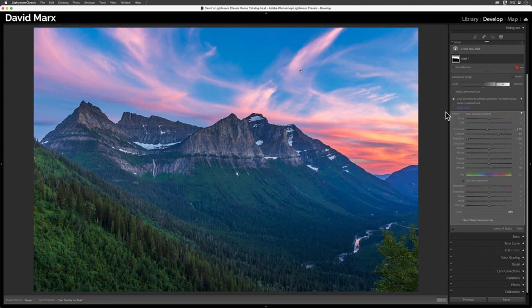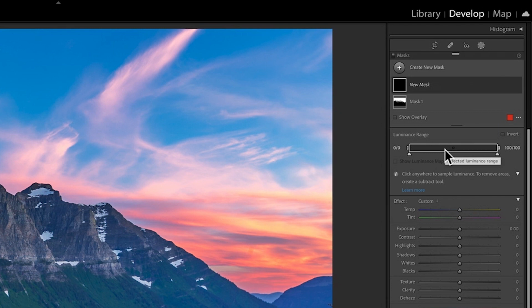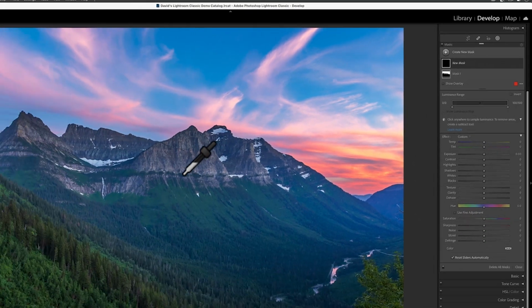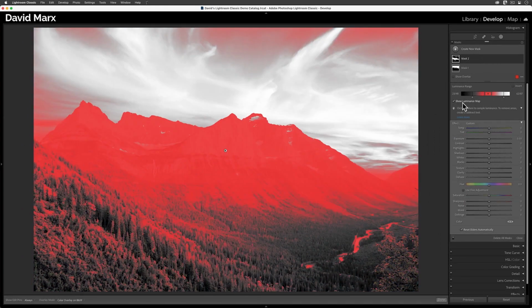Next, I'm going to click on the Create New Mask button again, and then I'll create another luminance range mask. This time, I'm interested in targeting my changes to the midtones in this photo. So I'll bring the eyedropper over here and drag out another selection. This gives me a pretty good starting point, but right now the falloff includes too much of my highlights and shadows. So let me choke these in a little. Pulling the falloff controls in closer to my core selection should solve that problem.